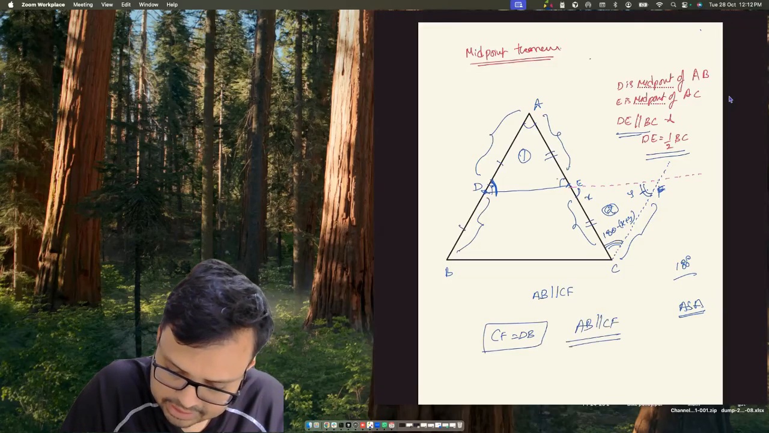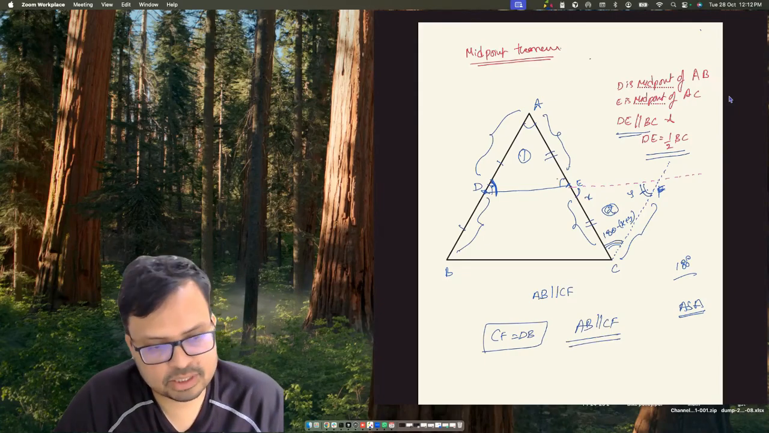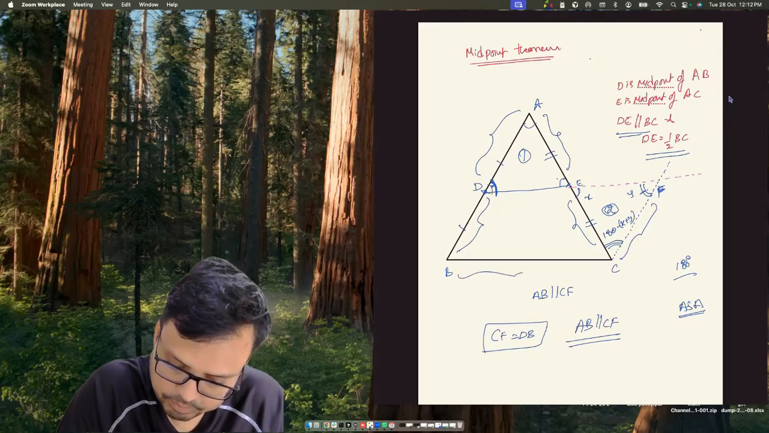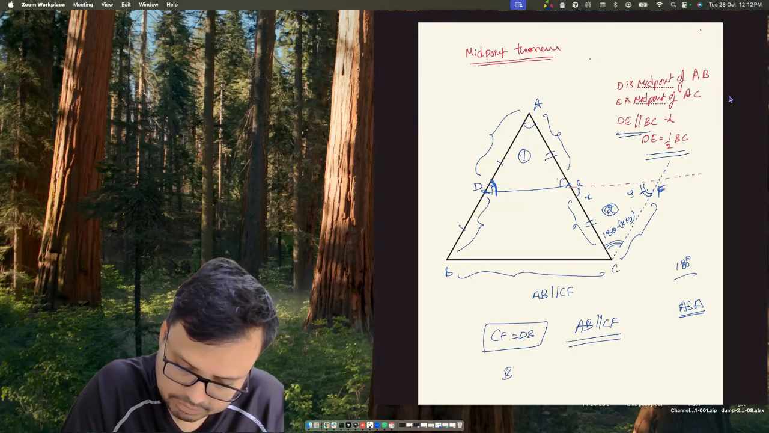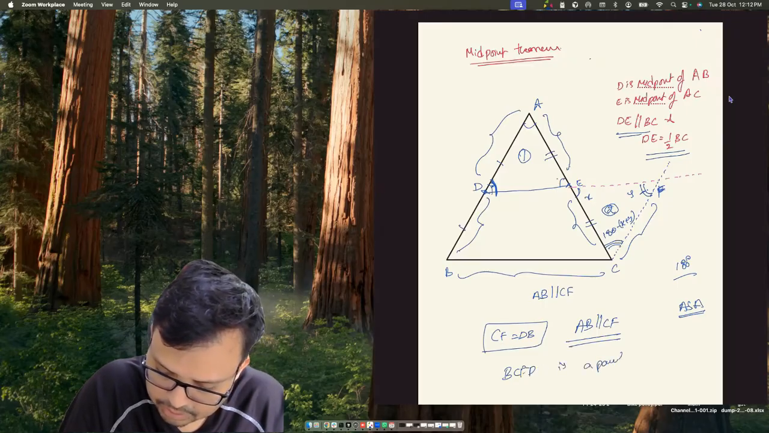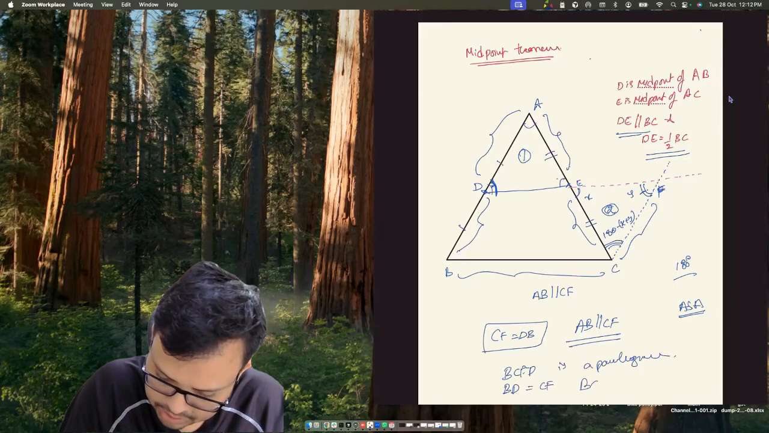So we can say that this is entirely a parallelogram. What are the properties of a parallelogram? Opposite sides are equal and parallel. So if you see BC, it becomes one side and DF becomes one side. Because BCFD is a parallelogram, we can say BD is equal to CF. We can say BC is equal to